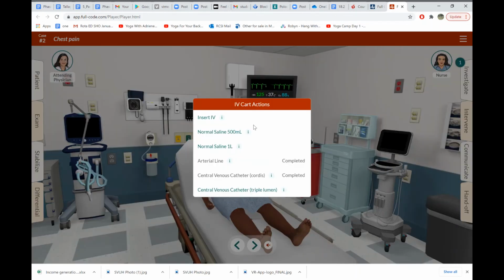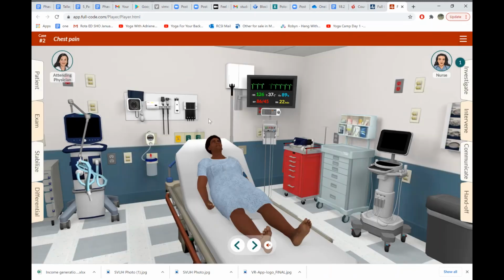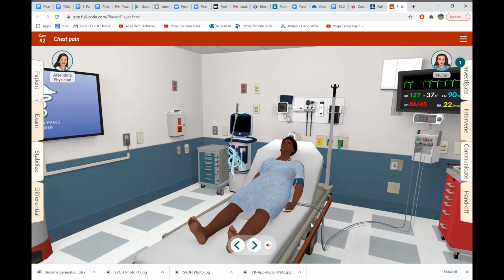So we've put in an arc line and a central line before putting in a cannula, which is putting the cart before the horse, it's putting the train before the horse kind of thing. So you've put in an IV there now as well, which is just done. And there's no sign of a central line here, and then on the other side there's no sign of an arterial line having gone in there